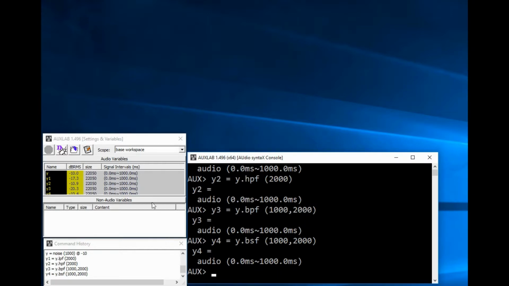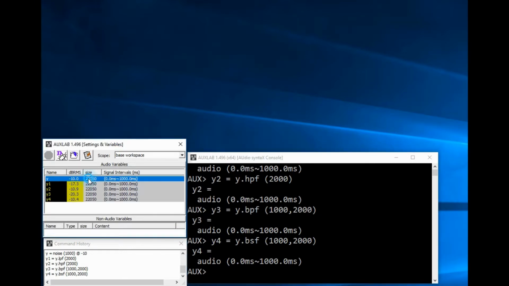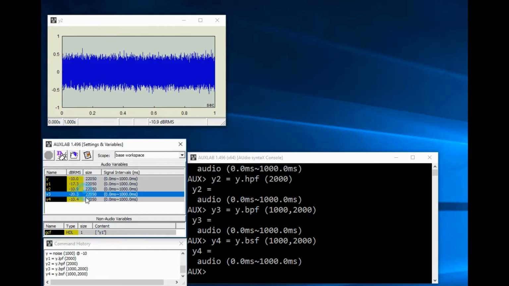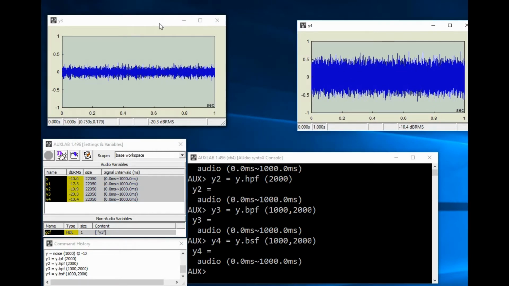Let's look at the signals. Click each of these variables to highlight and press Enter key. Y, Y1, Y2, Y3, and Y4. Let's arrange these plots. They may look pretty similar, but we will see that they are very different signals in